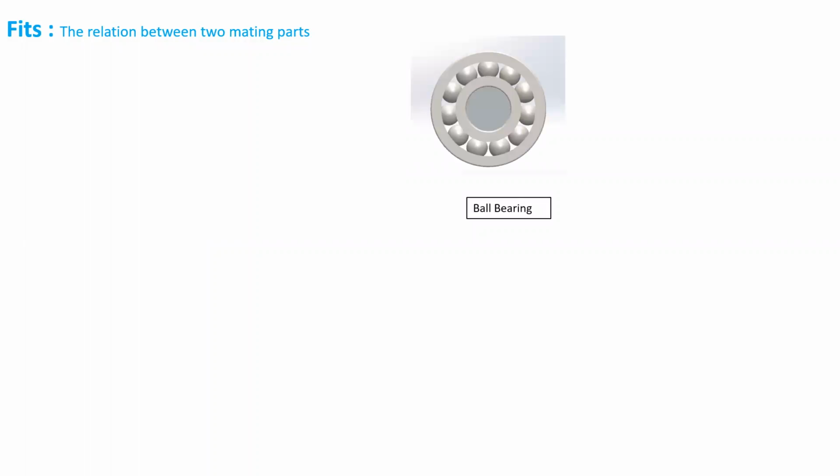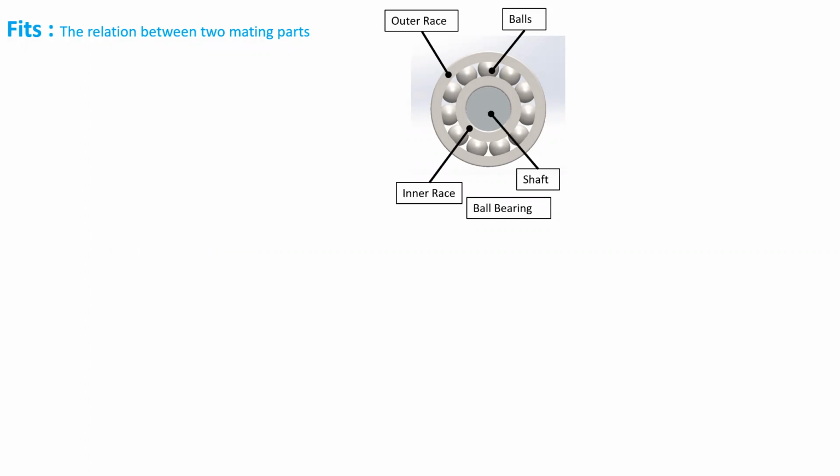Fits in engineering refers to the relationship between two mating parts. Let's take the example of a ball bearing. A ball bearing consists of an outer race, balls, an inner race, and the shaft. So there are two pairs of fits in the ball bearing. One is between the shaft and the inner race, and the other fit is between the outer race and the